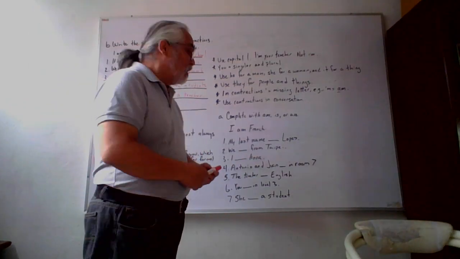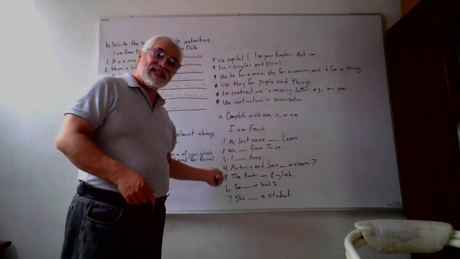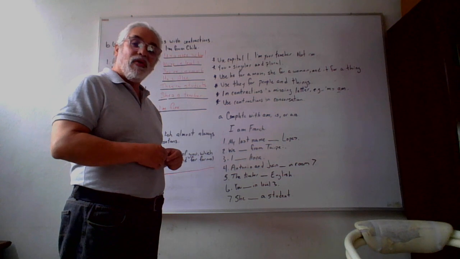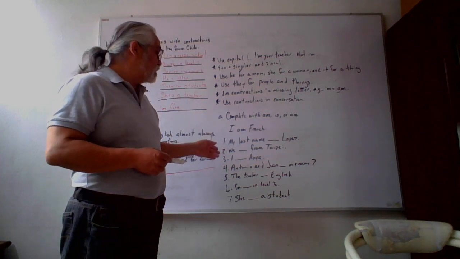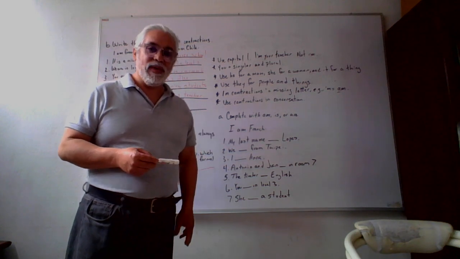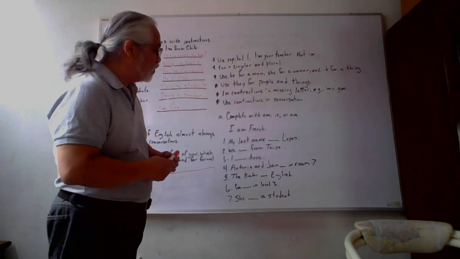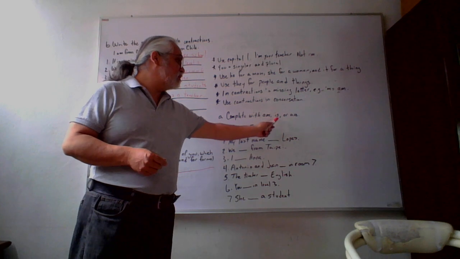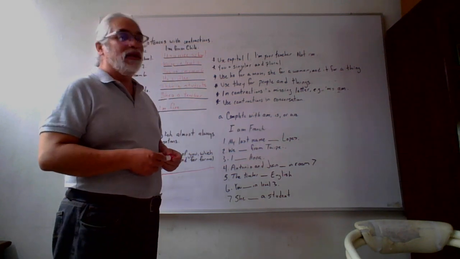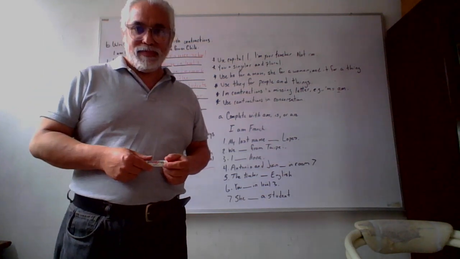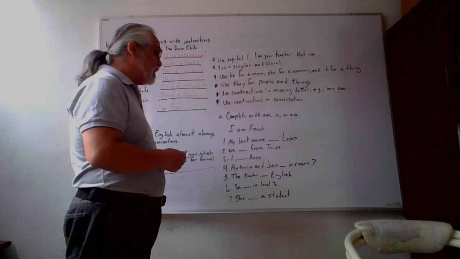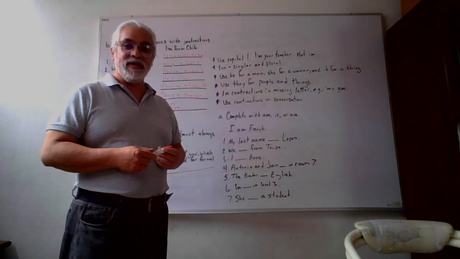Welcome back. We're going to go ahead and go to the next area of our homework, and we're going to go ahead and check how we answered this one. For example, my last name blank Lopez. What are we going to put? We have 3 choices: am, is, or are. My last name am Lopez. Correct? No. Let's check again. My last name is Lopez.